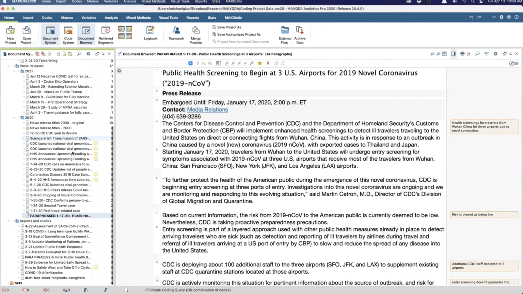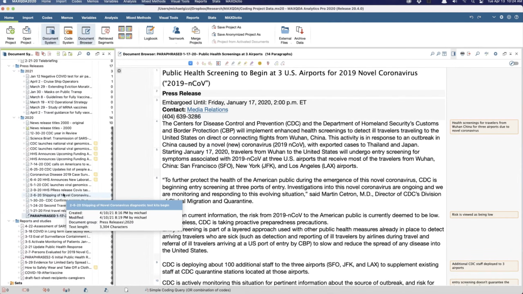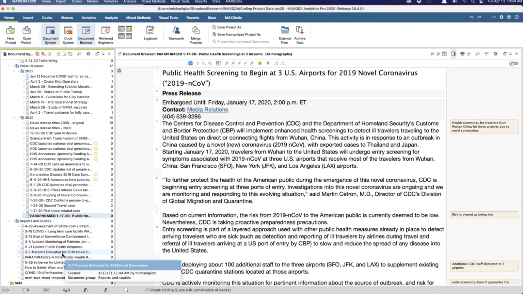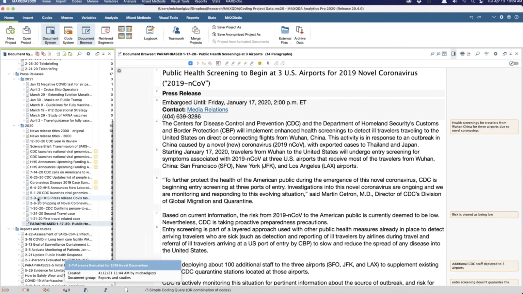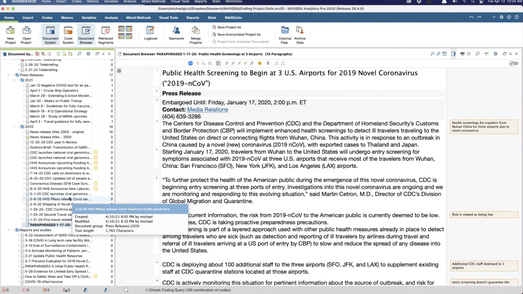What I did here was begin the process of downloading a variety of documents tied to the last 14 months. No, last year, and from January 2020. I began with news releases that the United States Centers for Disease Control and Prevention had posted on their website, anything that was related to the coronavirus or COVID.